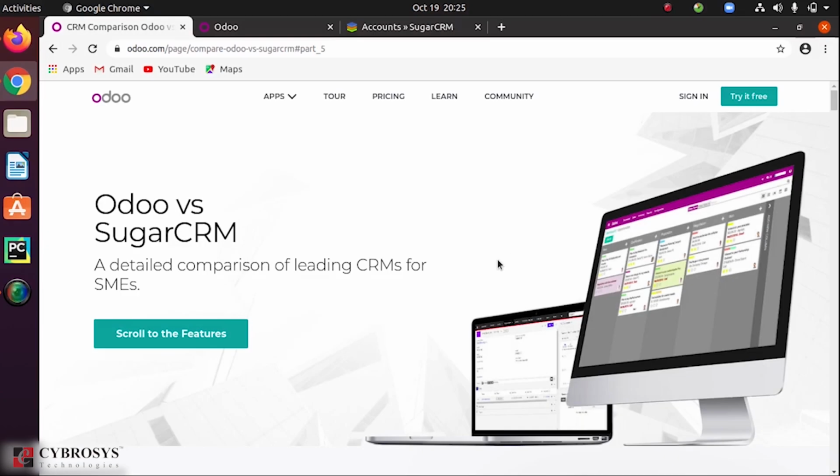Hello all. In this video we are going to discuss the comparison between Odoo versus Sugar CRM. Odoo, we know, is one of the most functioning ERP software solutions utilized by every organization. It is an open source modular structured software which has a strong technical foundation along with its robust functionality. And the Odoo apps are perfectly integrated with each other, allowing you to fully automate your business process and reap the savings and benefits.